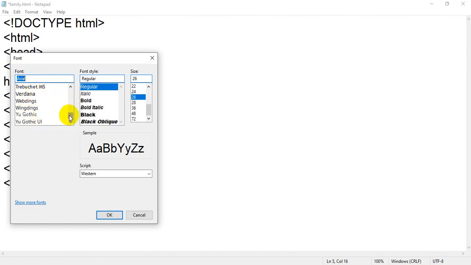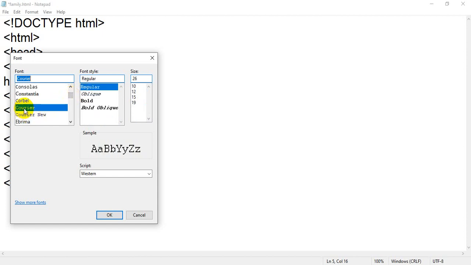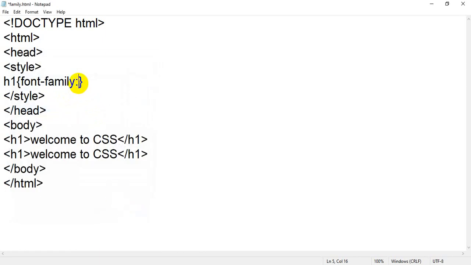You can choose any member of this family. For example, I am going to use this one, Courier. I will just copy it and cancel it, and I will paste it here. Then at the end I will put a semicolon.